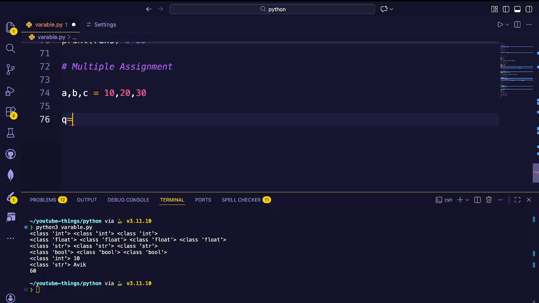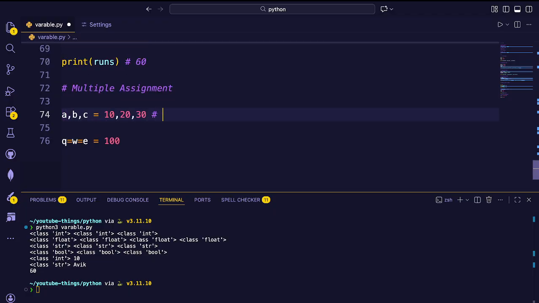Q is equal to W is equal to E is equal to 100. Okay, can you guess what the output is? I will show you some interesting things. In the first example, example 1, this is okay for multiple assignment, and example 2,